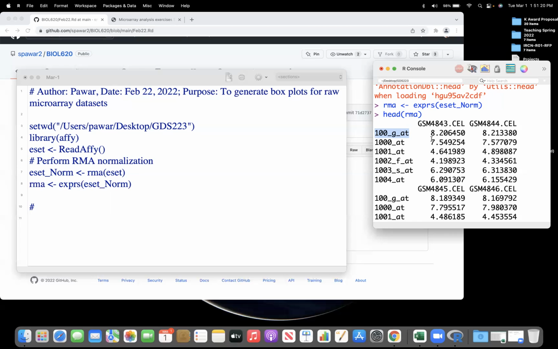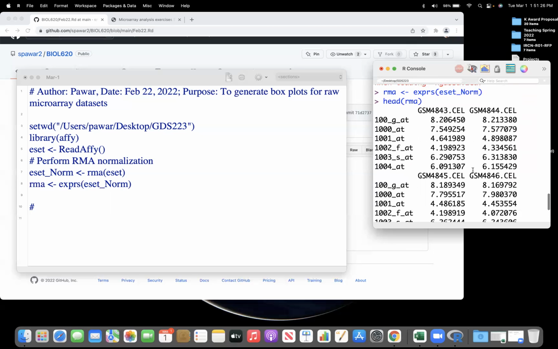So now, let me ask you one question. You see these values, the normalized values. Are these fold changes? So what I'm asking is,